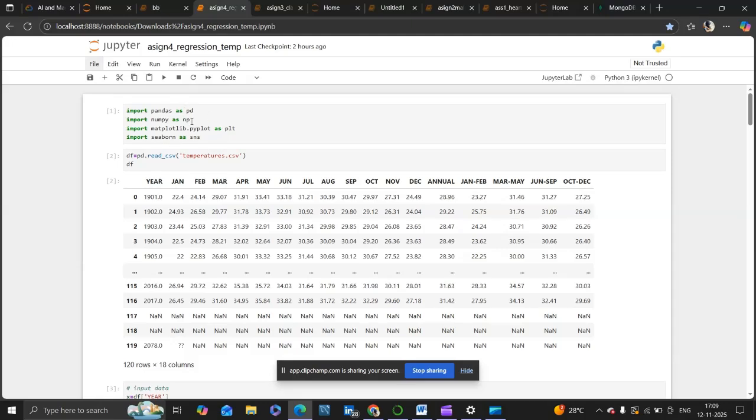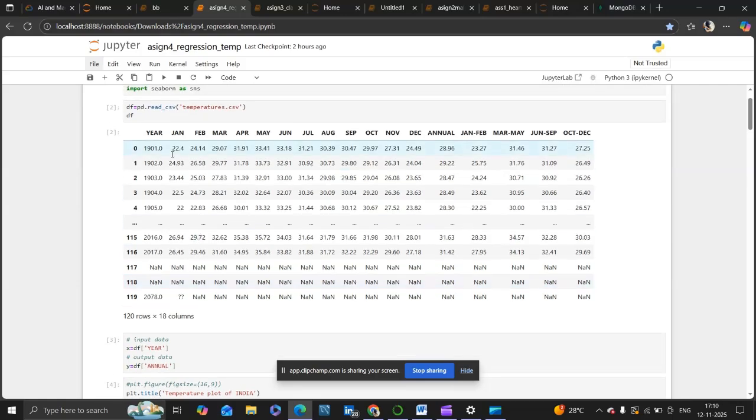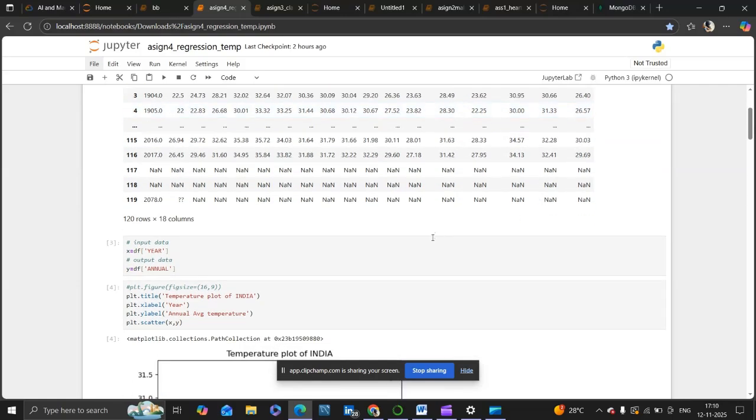These are important. I'm sorry, NumPy is for numerical calculation, Pandas is for data processing. Matplotlib and Seaborn are used for graphical plotting. And df is the data frame that reads all the data set tables, and it shows it all over here.